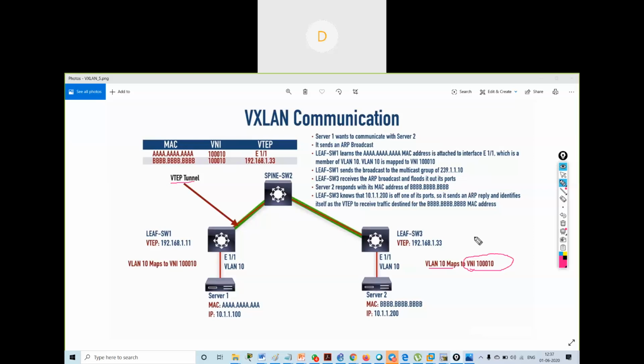That is the reason I have written all the things over here. All the things we have to configure on both sides, I have already written. You have to configure all these on both sides.